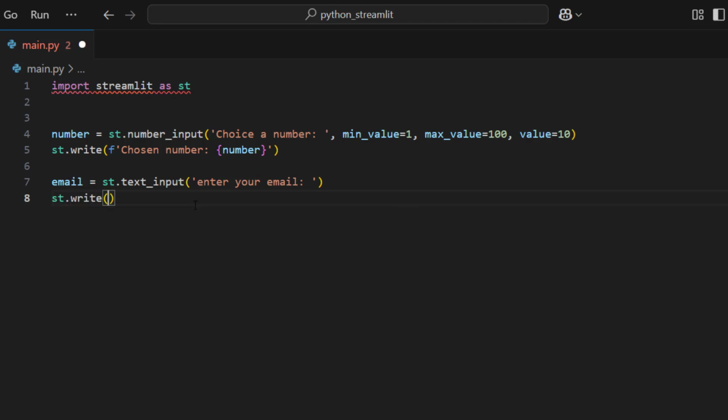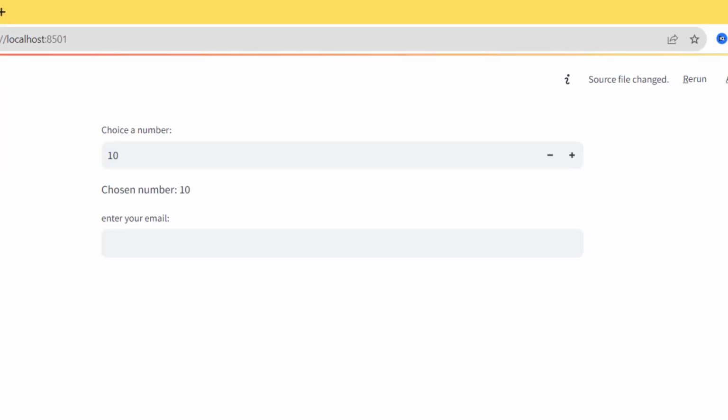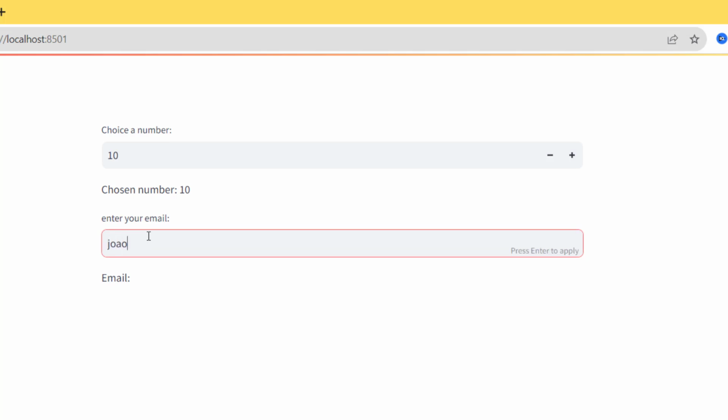That's why I say you will use write a lot of times. Write this thing, email, open and close. We just need to give this email one. Save. If I come here and refresh, as you can see here. Now if I enter any email, for example joao@gmail.com, as you can see, it's showing me the email here.